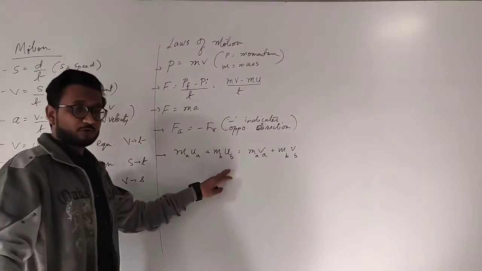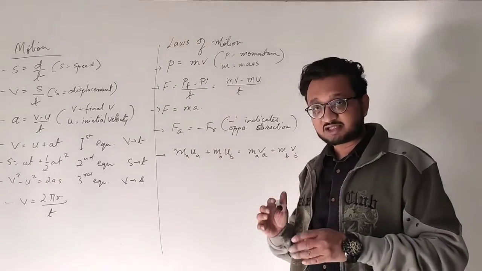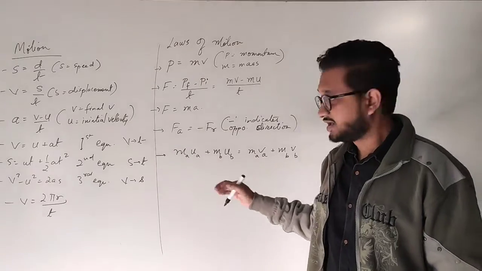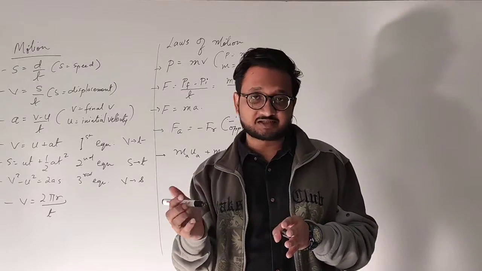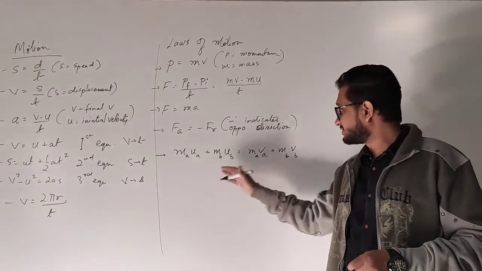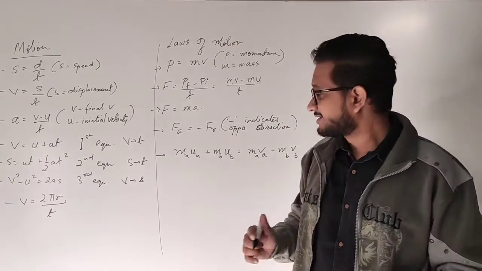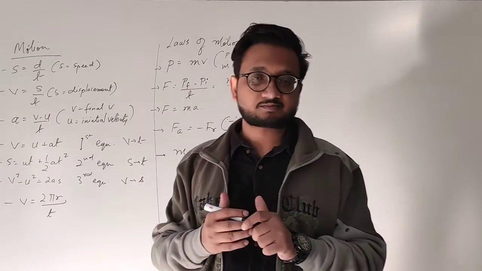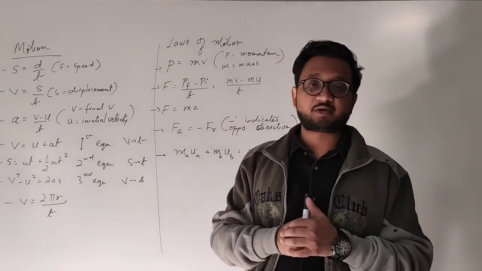So the initial momentum of both the objects before their strike, and then the final momentum of both the objects after striking, when the momentum has changed. If the initial and final momentums of individual objects are changed, in a similar way these two are also changed. But when you take the sum of both of these momentums, then the total initial momentum and total final momentum remain the same. Okay, this proves that momentum is conserved in a particular system.